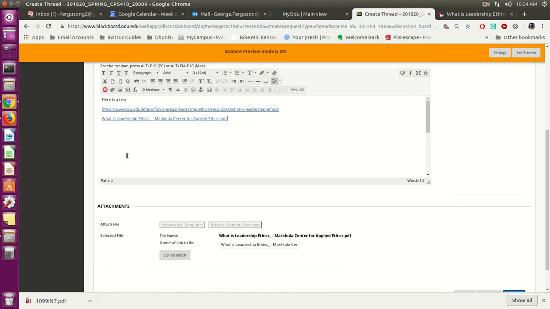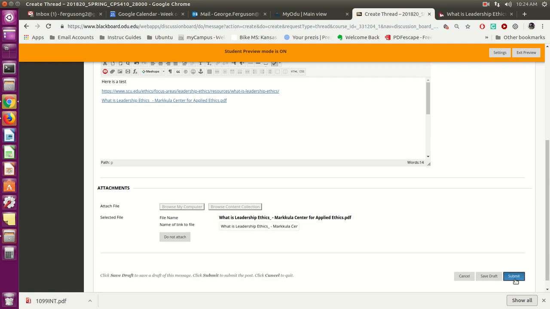So in this case, what's happened is I can take that document, that article that I found, and put in a link where people can click on the link and go to it out on the internet, or if I have downloaded it as a print file, as a PDF file, I can allow people to click on it here and open it up, or they'll see it down here. So if I submit this,